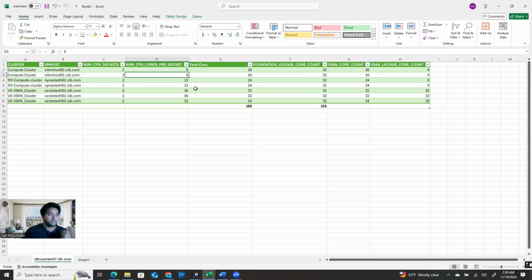So for example, for this host, each socket has only 8 cores, but based on their requirement, each socket is supposed to have a minimum of 16, or more than whatever I have. If I have less than that, I still have to purchase 16. That's the problem. That's why it's a big gap.